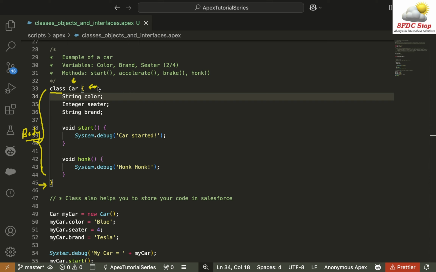Not really body of the car, it should be body of our class. Now we talked about member variables and methods inside our class, right? So these are nothing but member variables, and after that we have methods which are present inside our class. Okay. So if you remember in the previous tutorial, we discussed these three properties of our car, that we